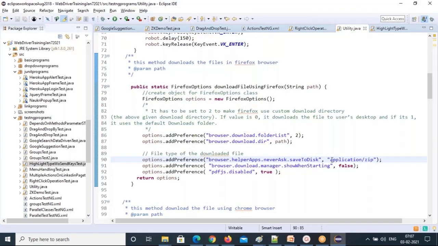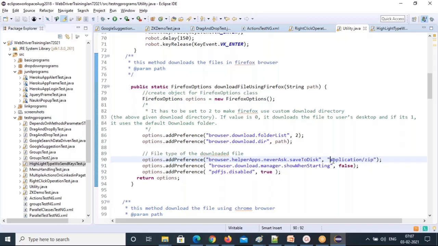Now here I am downloading a zip file. So you have to give browser options dot add preference, browser dot helper apps, never ask save to disk for this kind of application. If you're downloading different kinds of applications like PDF or Word doc or Excel or some other things, you have to specify the application type here.